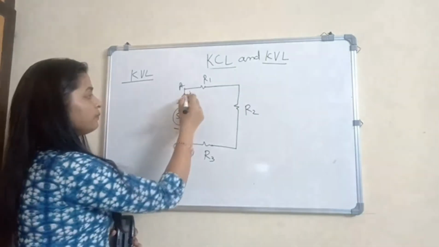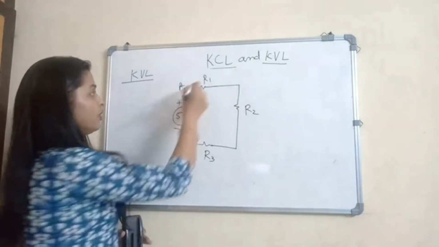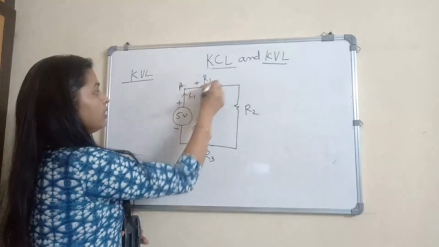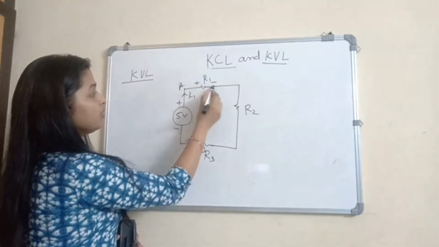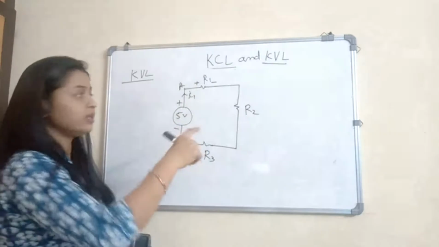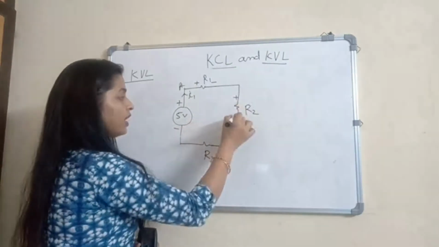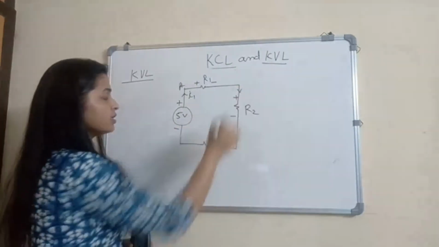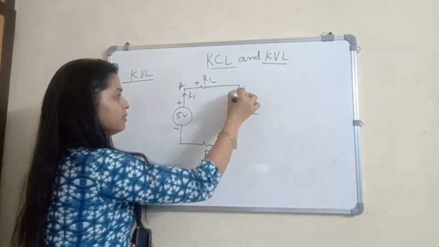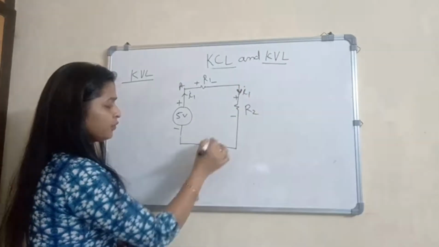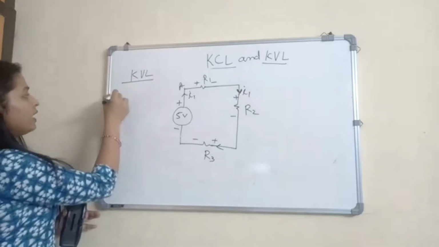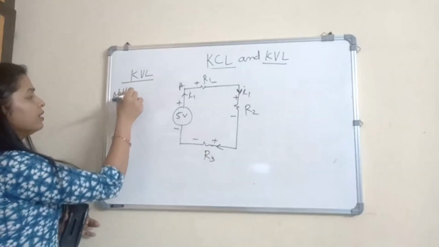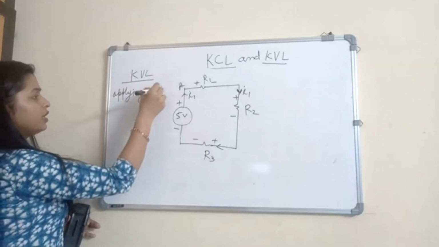So when current is flowing, first of all draw the polarities. If current is flowing into this, take it positive, and take the other end negative, because current enters into this. Now again positive and negative. Current is flowing into this, the same current, I1. Again, I is flowing, positive and negative. So if I start applying Kirchhoff's voltage law